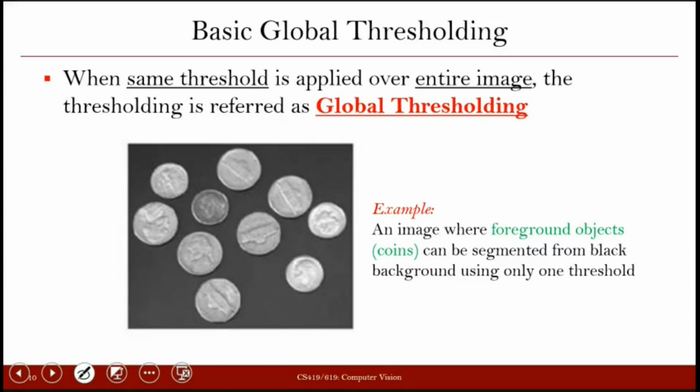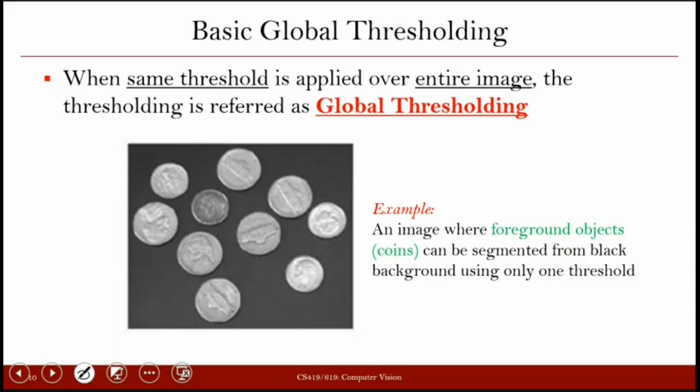If it is, let's say, a color image and we are going to use thresholding, then we will be applying thresholding on either one component or one or more components of the color image. Right? We'll see that example in the subsequent slide. But for global thresholding, wherever we are using thresholding, there is a threshold, and this threshold is applied on the intensities of the pixels. If the pixels are above the threshold, they will belong to one kind of segment. If the pixels are below the threshold, then they will belong to a different kind of segment.